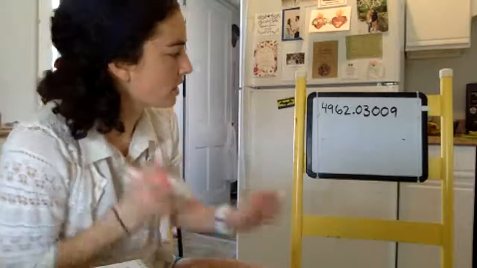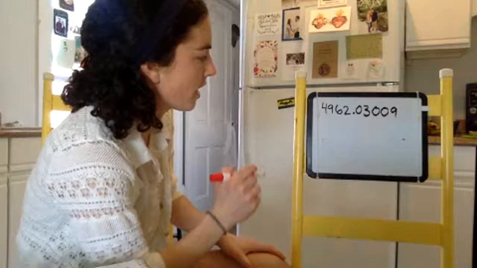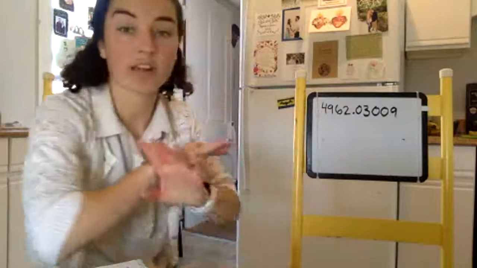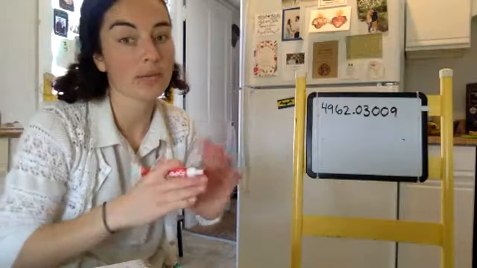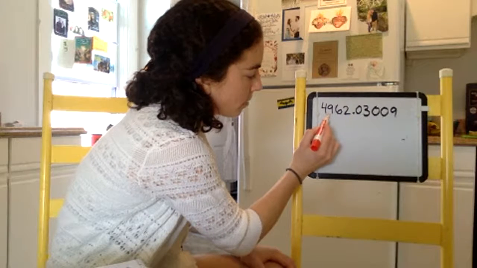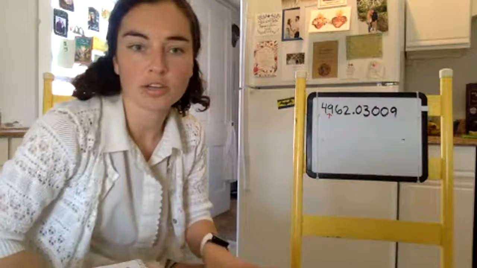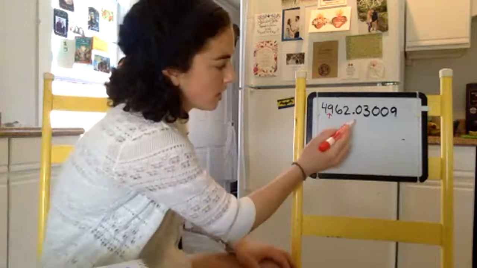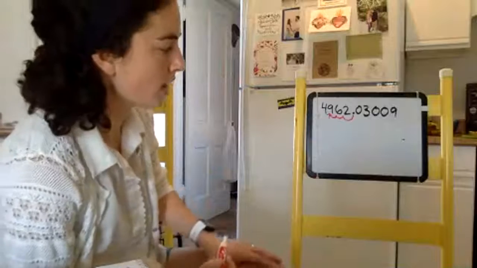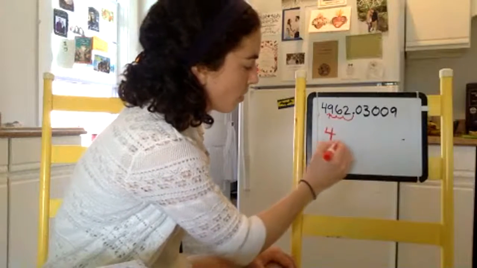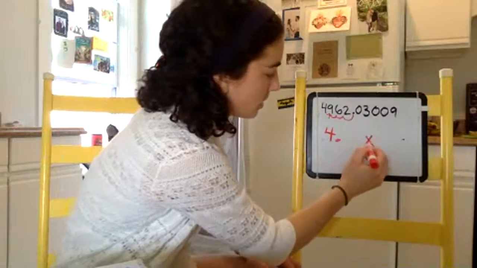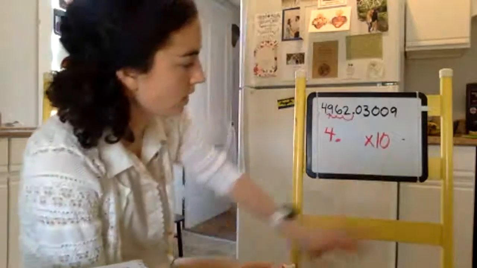The first thing we're going to do is forget about significant figures for a second. We're going to think about where we need to move the decimal. We need the decimal moved right here because we only want one number in front of the decimal. So we need to move the decimal 1, 2, 3 spaces over in front of the 9. So we want our answer to be 4 point blah, blah, blah times 10 to the